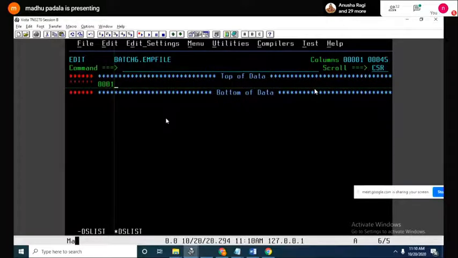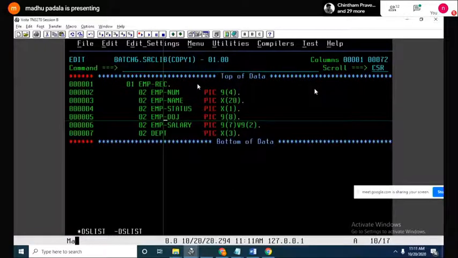0001 Ramesh, then active employee, and what's the next field? Date, sir. Date 2020 10/03. What next? Salary.